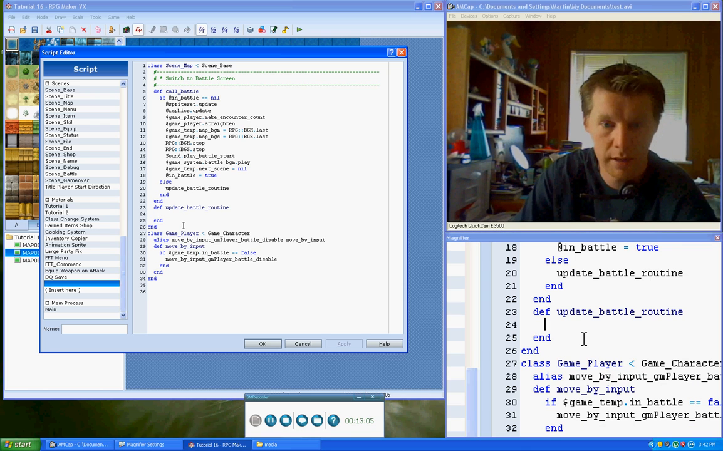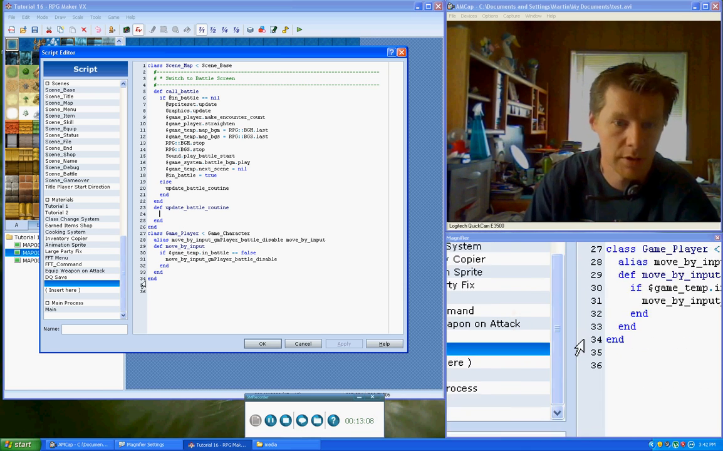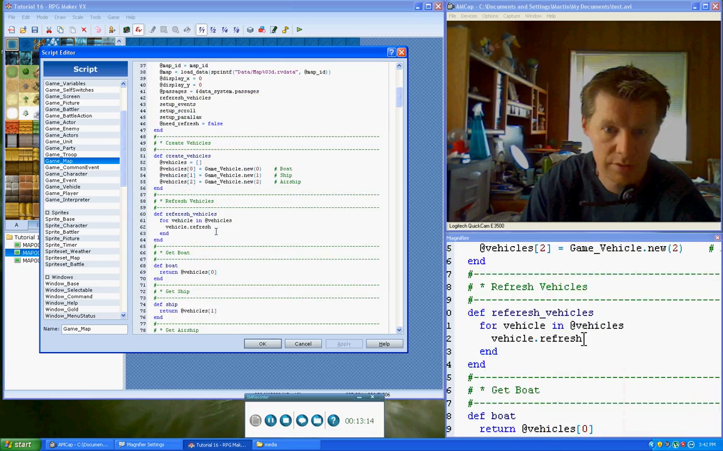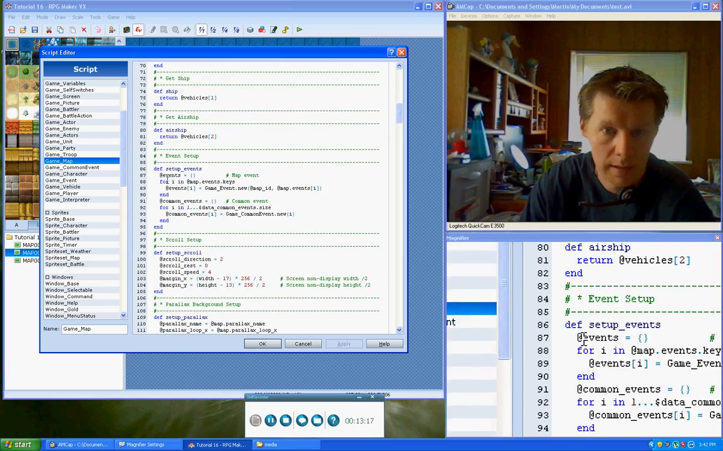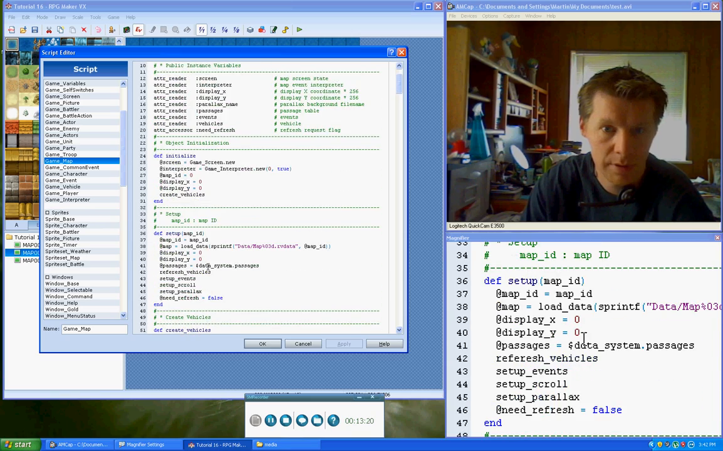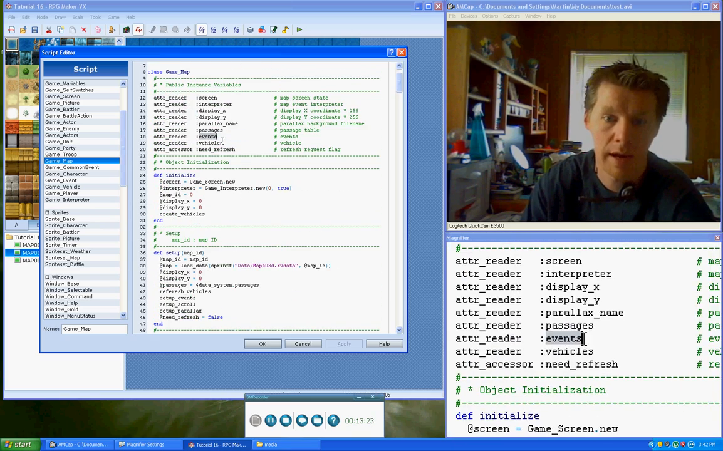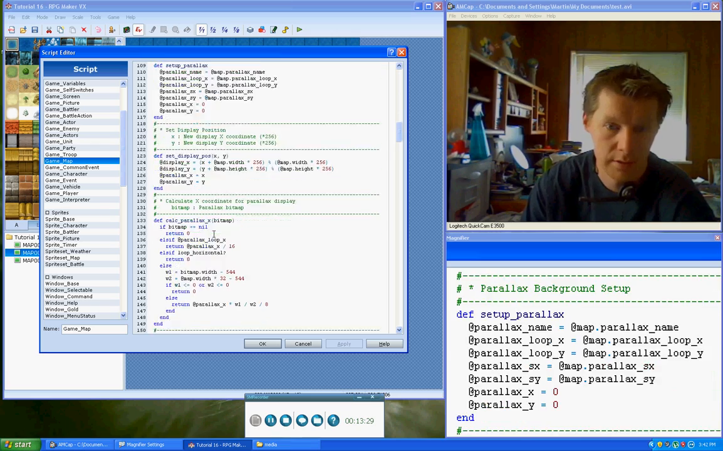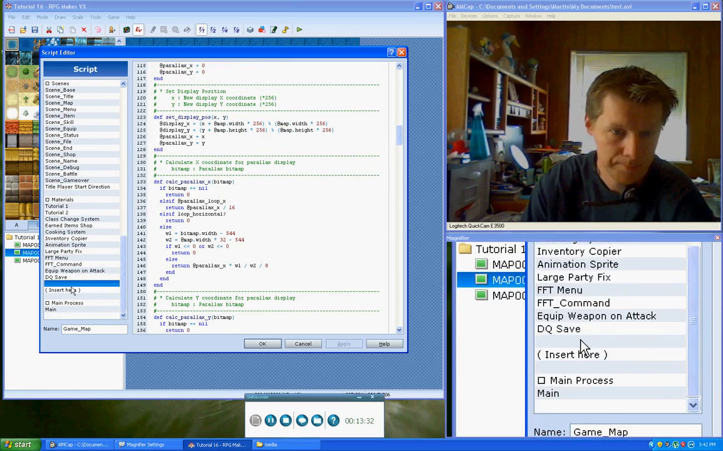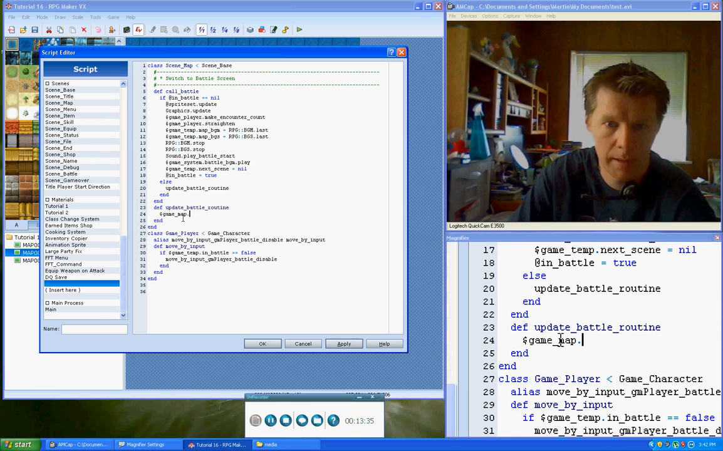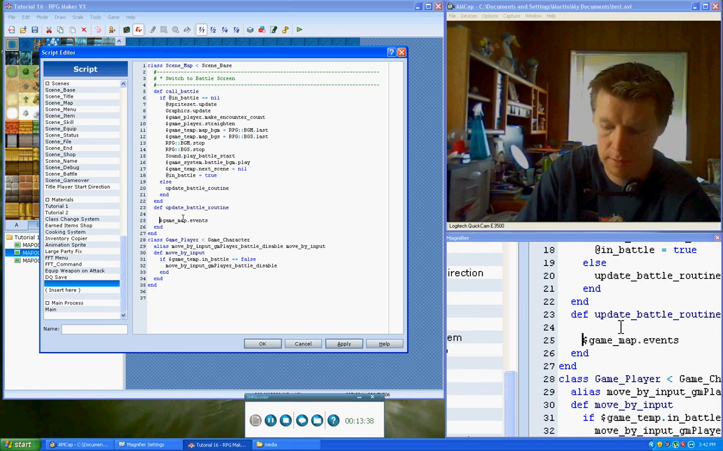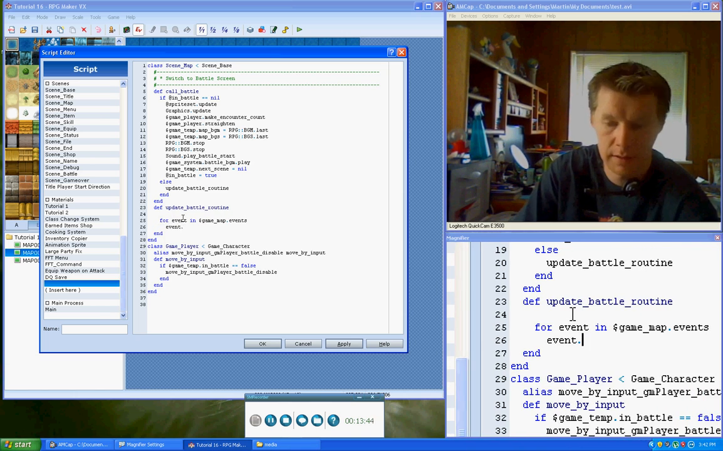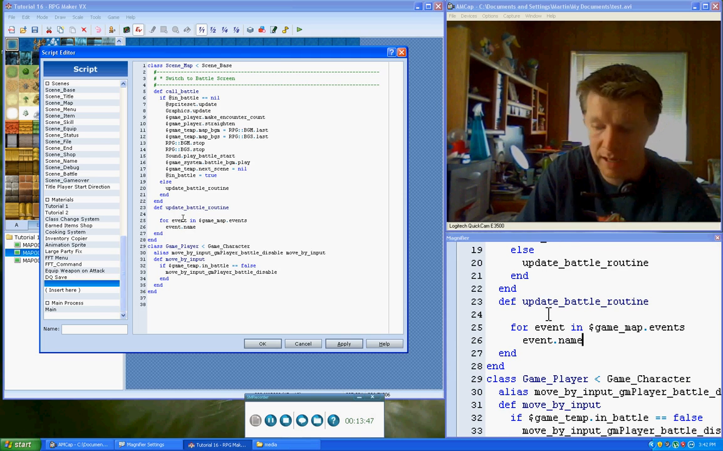So what we're going to do is do a quick search of all of those, and those are stored in game map. So that's where all the events themselves are stored. And it's just called events, but I don't think they're exposed. Nope, they are. So we can access and read all the events. So game map.events will return all the events that are on the map. So we can use that. So for event in game map events, event dot, and we'll probably just go with its name,